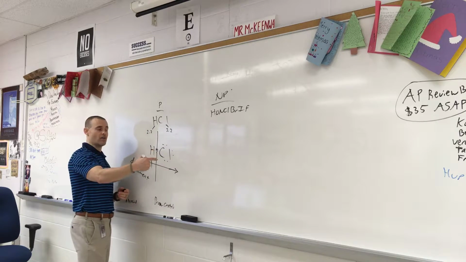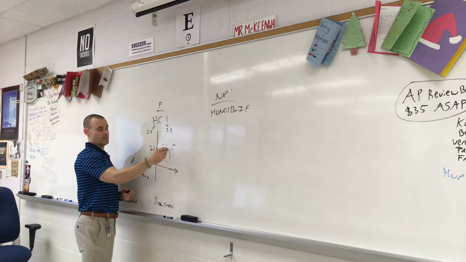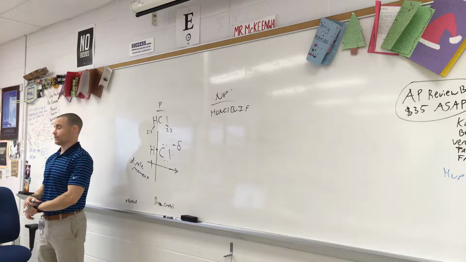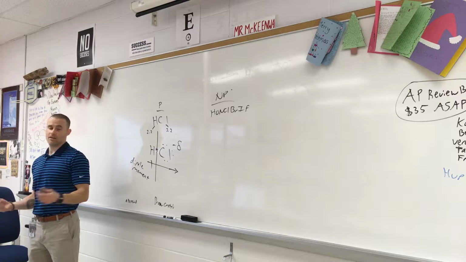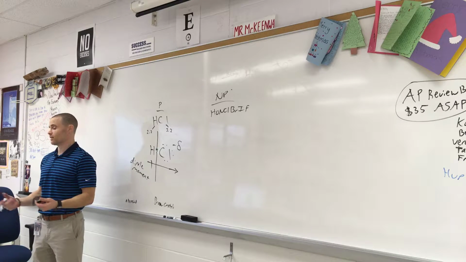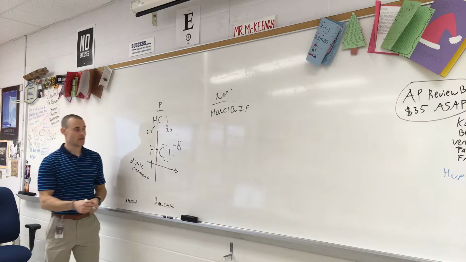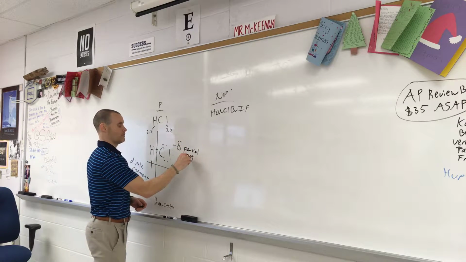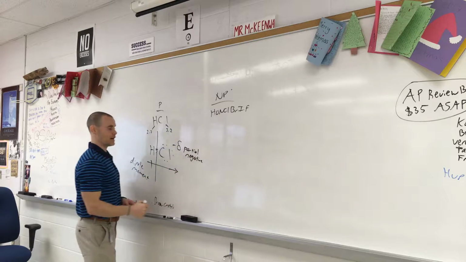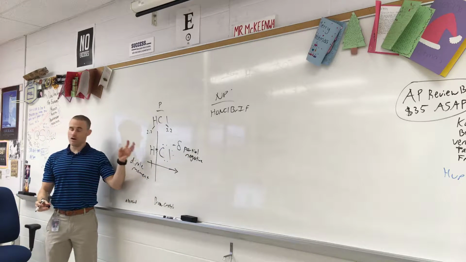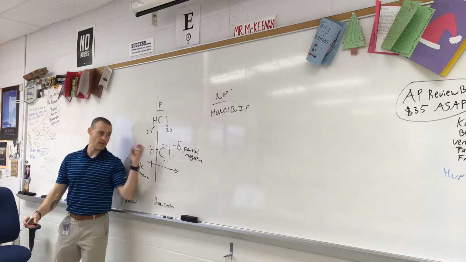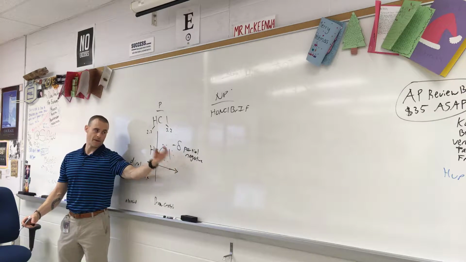And the way we show that, it's a negative, but then it looks like that. It almost looks like an 8 that you don't finish. Some kids tell me it looks like a music note. It's supposed to be like a lowercase sigma is what it's called. This is a partial negative. So if all the negative charges, the electrons, are getting pulled towards the Cl, it should make sense